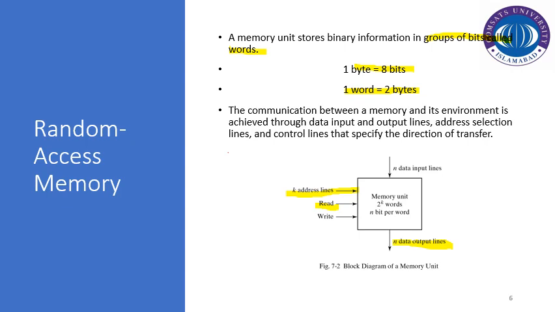And if we have to write the memory, then we have to enable the write signal. We have to set this signal, and whatever data is being provided on these lines is stored on the location whose address is provided on these address lines. So this is the way we'll perform the read and write operation.